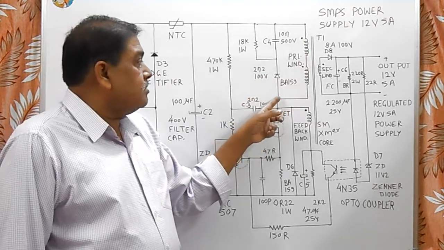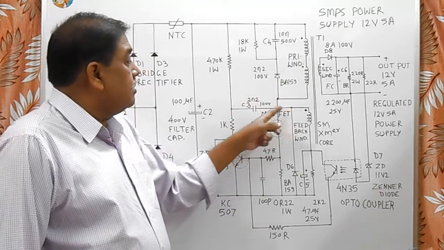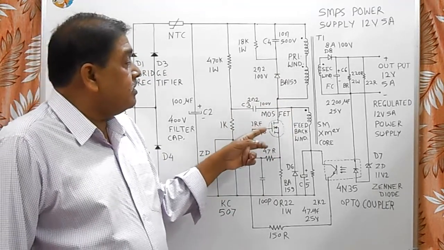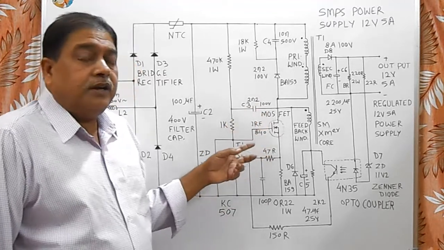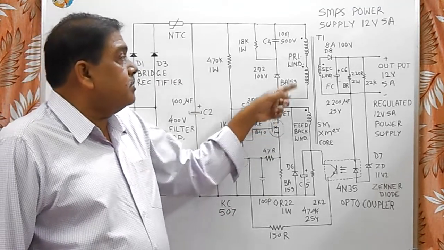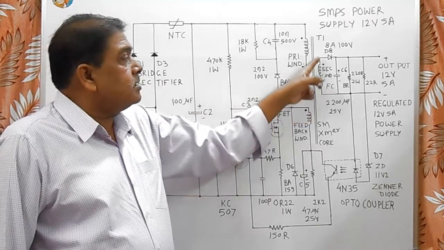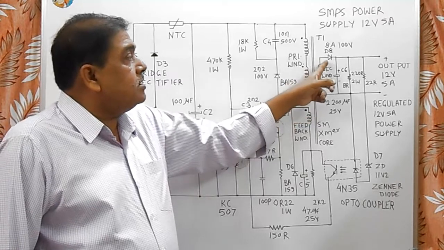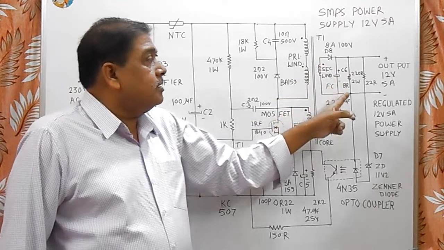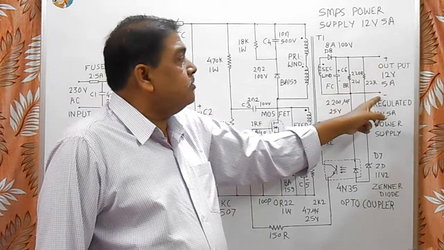Then as this current is 0, again this voltage becomes positive and this starts a new cycle of conducting. In this way it is continuously pulsating and it produces a frequency of 15 kHz. At very high frequency, this current make and break happens, and due to this alternating current, output voltage comes in the secondary winding, and this secondary winding voltage is rectified with the help of this diode and filtered with the help of this capacitor. Then it is the bleeding resistance, and then this output voltage comes to this point, positive and negative.